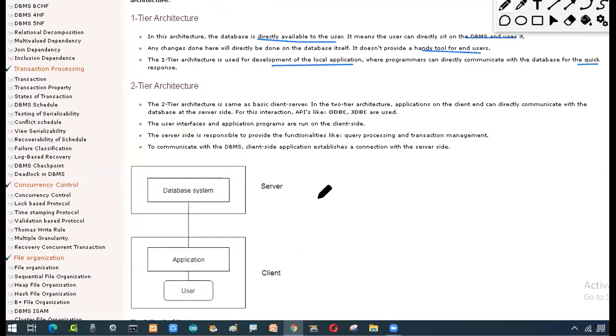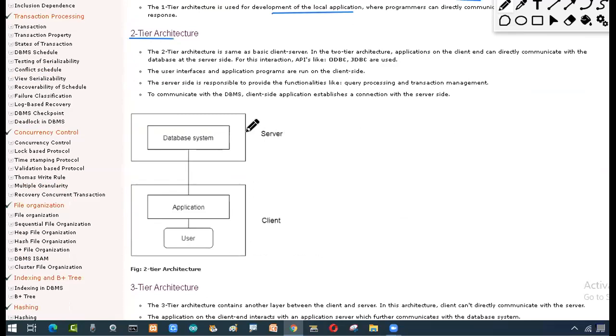Here you will have it like this: my database will be stored on some other system, and the client will have the application and the user. So the person will have the application and the user, and he will be using this part. What is happening in this? The database is totally separated from your PC, because I don't want to put a burden on my PC.